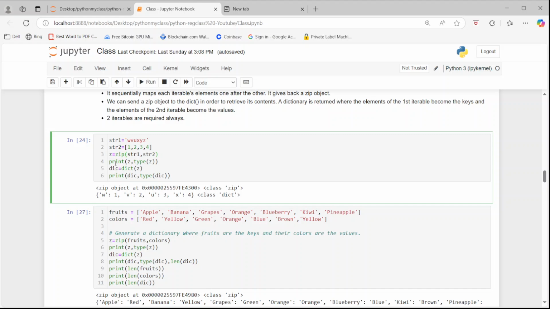Okay. Now, in order to retrieve the contents of the zip object, we need to pass it inside the dict method. So here you have dic is equal to, here you have the dict method. Inside the dict method, we pass this zip object, that is z, because we have not yet retrieved the contents out of this zip object. In order to retrieve the contents out of the zip object, either you pass it to list to get a list of tuples, or pass it to tuple to get a tuple of tuples, or to the dict method to get